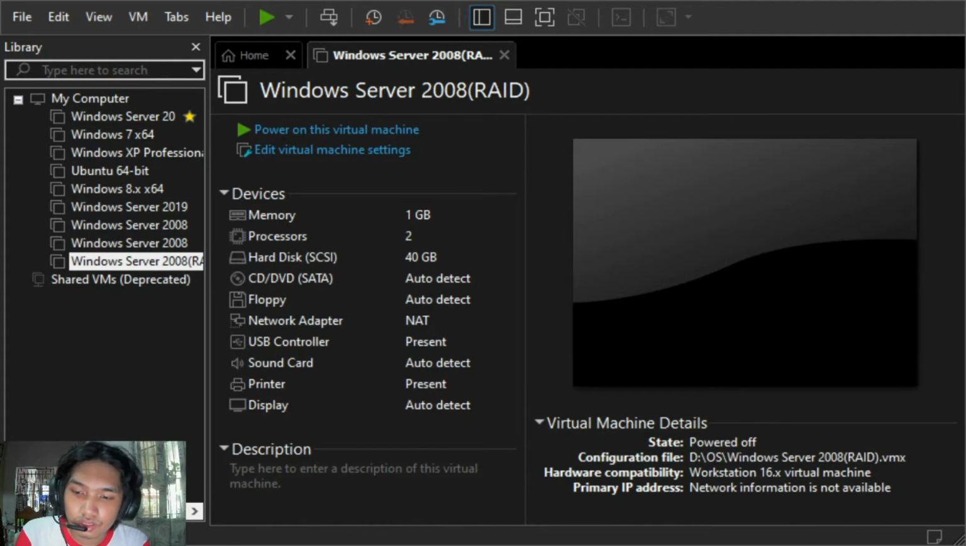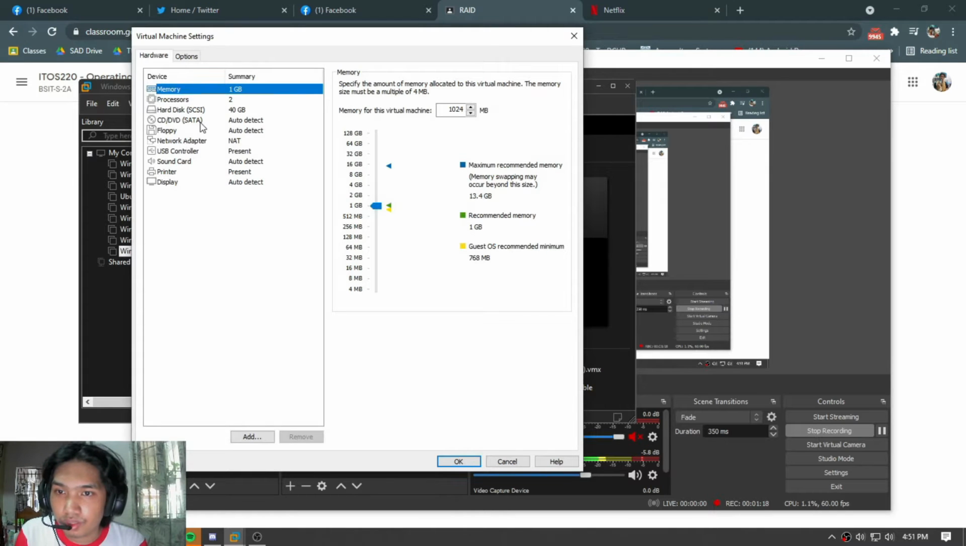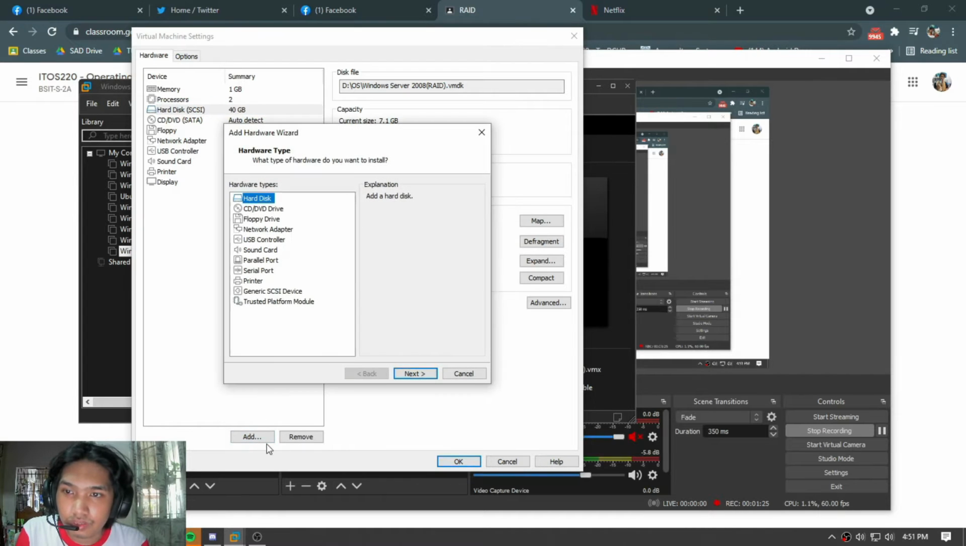So first, I am gonna create RAID 0, RAID 1, RAID 5. So in creating a hard disk, we need to do this: edit virtual machine, then add, hard disk drive,